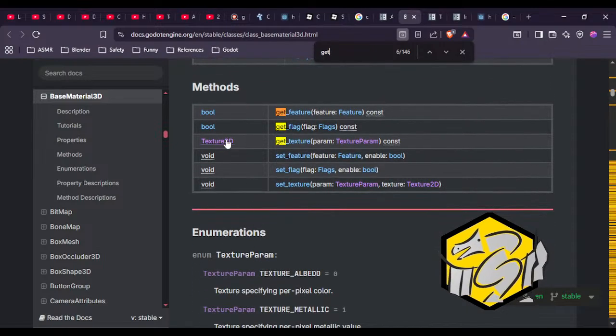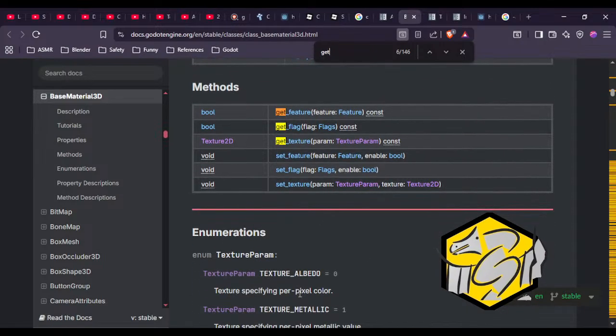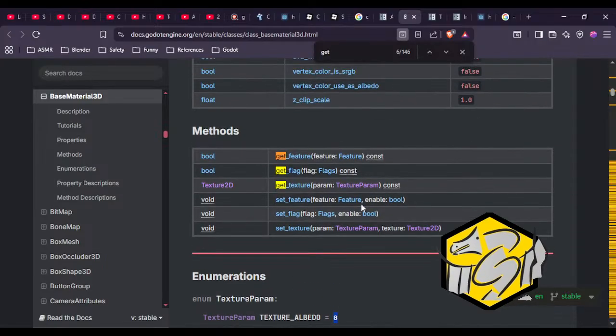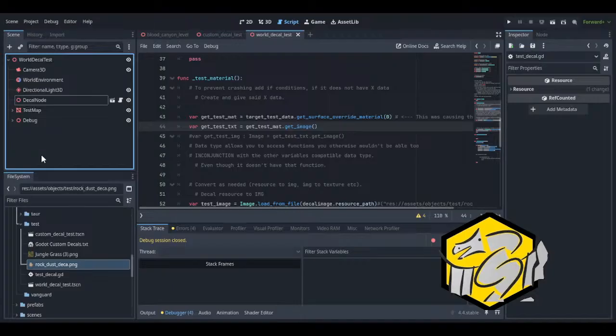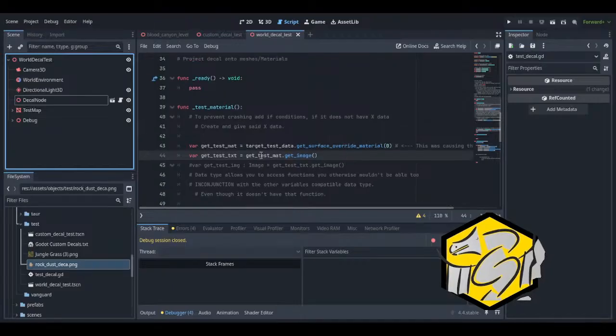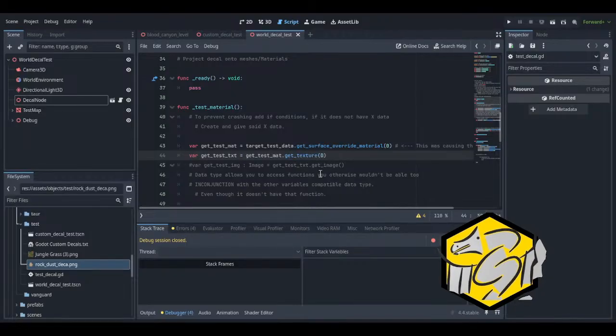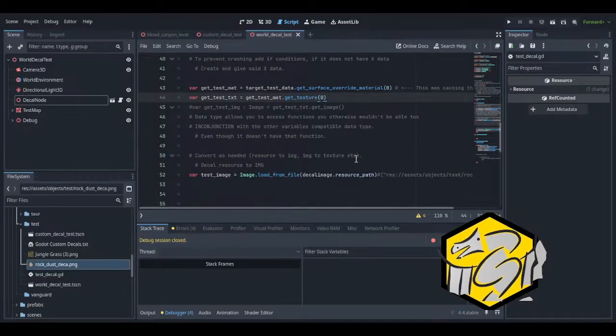It's part of the material, so we have to use the get texture, and we gotta do 0. That's what I messed up. Way to get texture 0. I found it. So get test texture, get texture 0, because it's albedo texture.